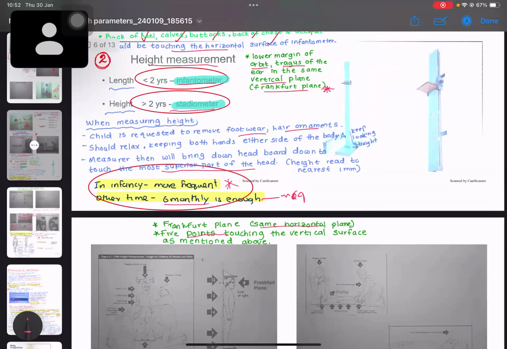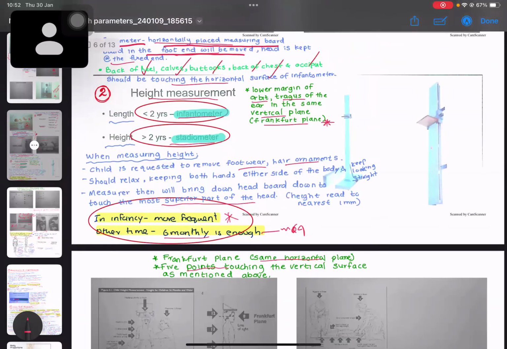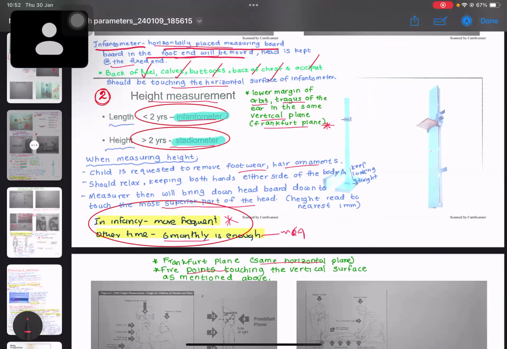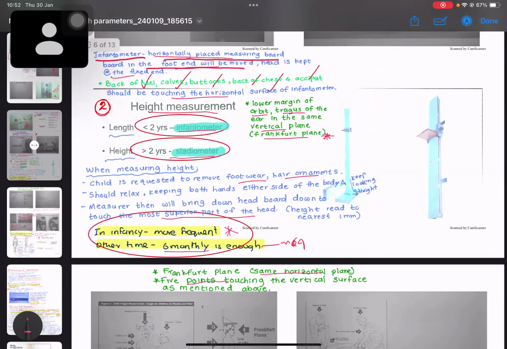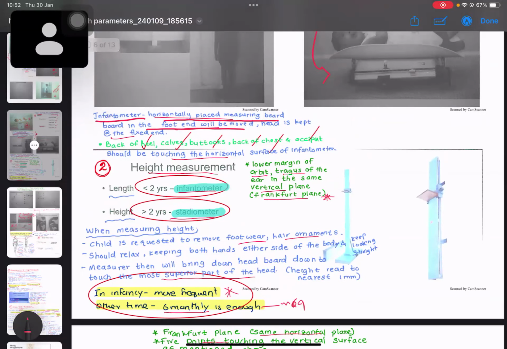These are things you need for clinical practice, but they won't ask these things in the exam. But you should know that the infantometer is used to measure the length of the baby. The horizontal plate and foot end can be moved. The head is kept at the fixed end. So when measuring the length of the child,